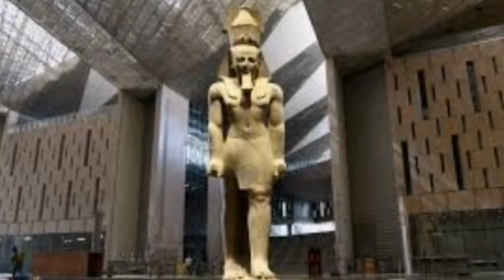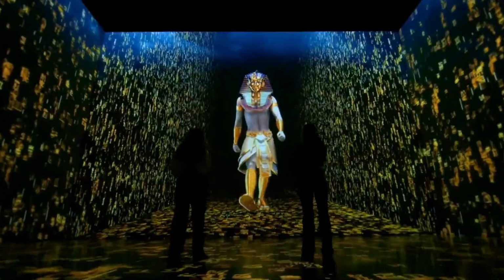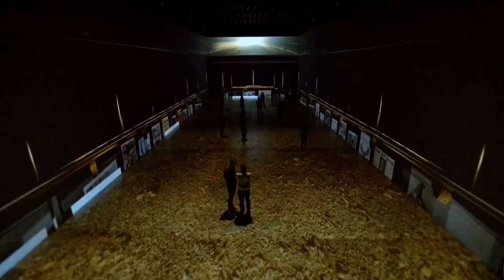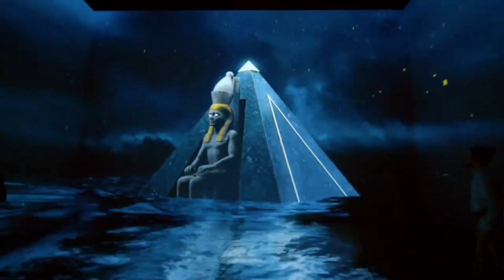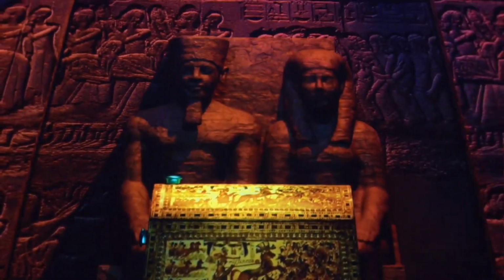The world is waiting for the moment of the opening of the Grand Egyptian Museum, which is one of the largest international museums, as it will contain more than 50,000 artifacts other than the pieces in stores, in addition to displaying King Tutankhamun's collection for the first time in full to the public, which exceeds 5,000 artifacts. That is why we publish a group of pictures of the museum that show the beauty of the great cultural